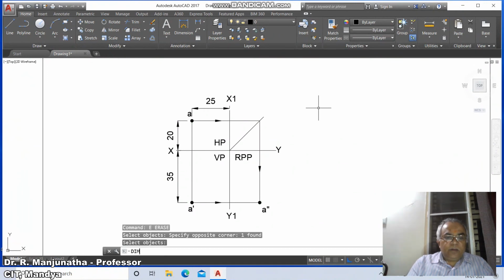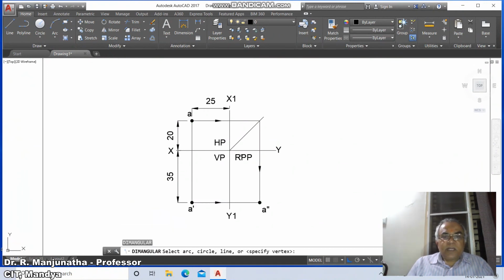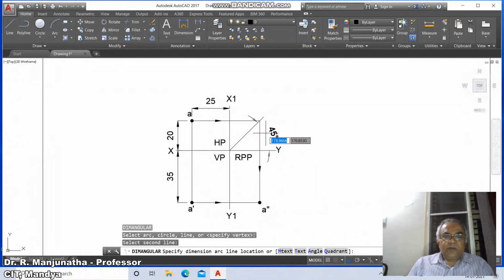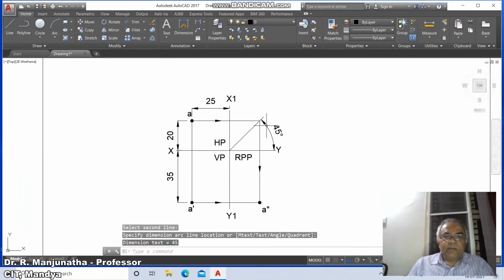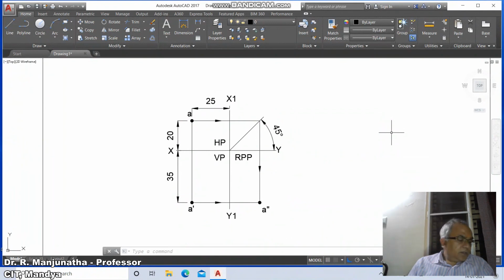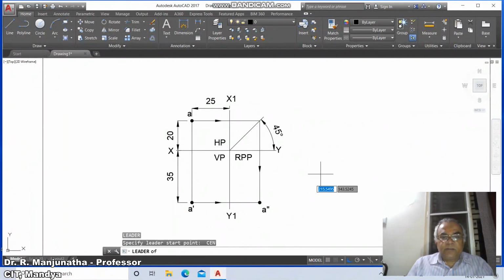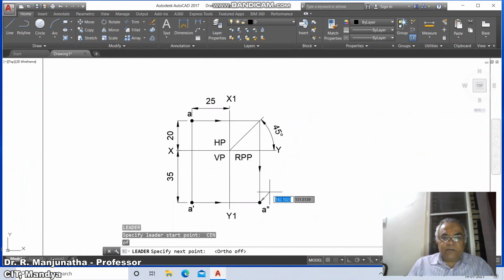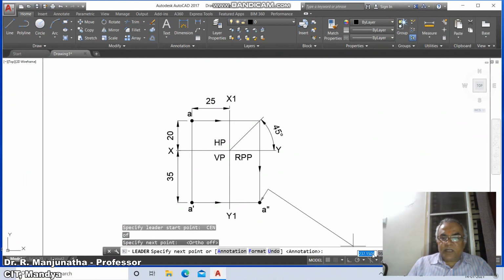So now dim angular, select this line and this horizontal line, and you give 45 degrees here. So this is how you will be able to complete the drawing. And now we need to name the side view. So here leader, select the center point of this and put the ortho mode off, drag it and put the ortho mode on.